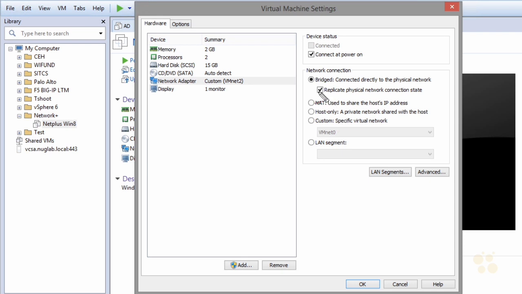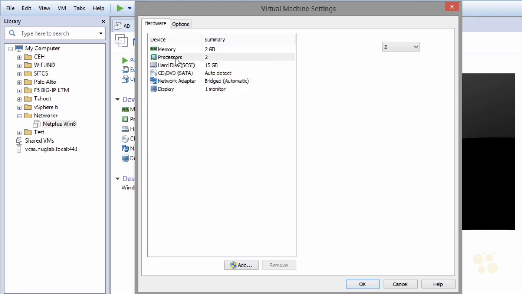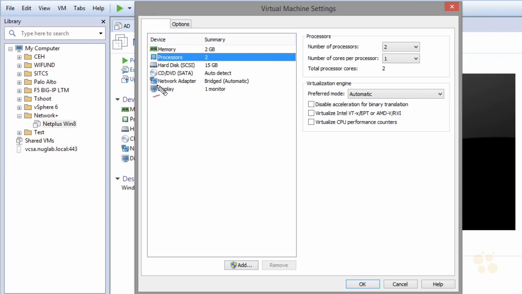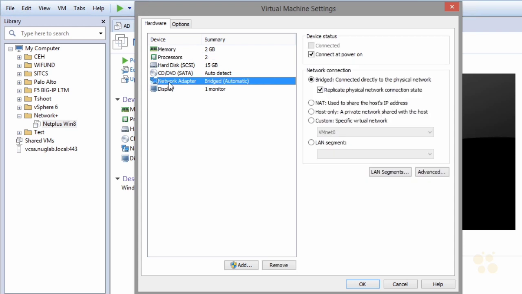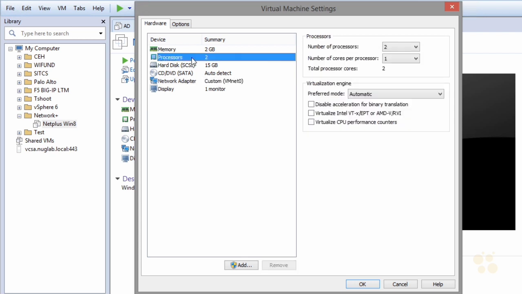And one little interesting thing, see how we made that change here, but over here it still shows VMnet 2. If we click on something else, for example, let's click on processors, that refreshes the screen, and now it shows that it's bridged. And if you have multiple network interface cards and you want to make sure you're bridging it to the right network interface card, it might be a good idea to go ahead and specify VMnet 0, which is bridged over to a specific network interface card, and that way you don't have to guess about which network it's connected to. So we'll say custom VMnet 0, and then we'll click over here somewhere else once more so